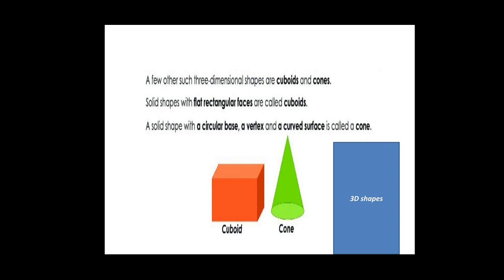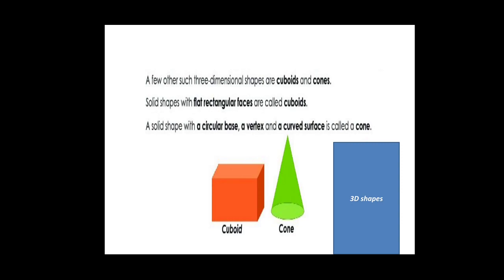Solid shapes with flat rectangular faces. यस, ऐसे शेप जिसमें क्या है, फ्लैट रेक्टेंगुलर फेसेस है, रेक्टेंगुलर शेप्स है, यस, आर कॉल्ड क्यूबॉइड्स एज यू कैन सी इन अ पिक्चर. एंड यूर क्यूब इज हैविंग अ स्क्वायर फेसेस, उसके पास स्क्वायर फेसेस है, और आपके क्यूबॉइड के पास रेक्टेंगुलर फेसेस है.